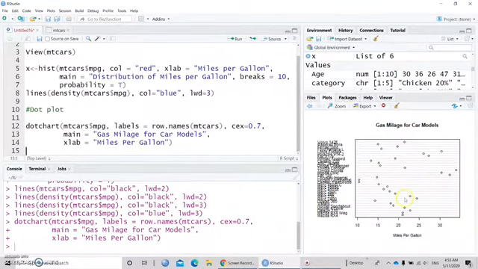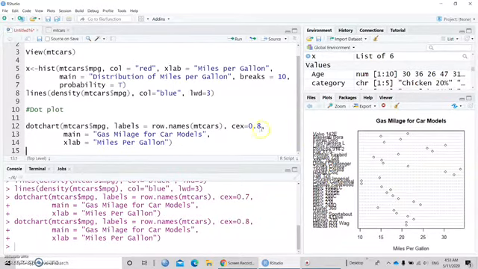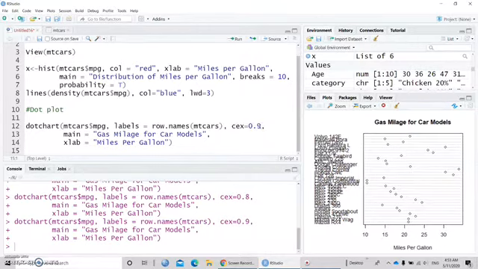This is a simple dot plot. So you can change the size of the dot here. 0.8, so it becomes bigger. 0.9, and so forth. And then if you want to group the mileage,